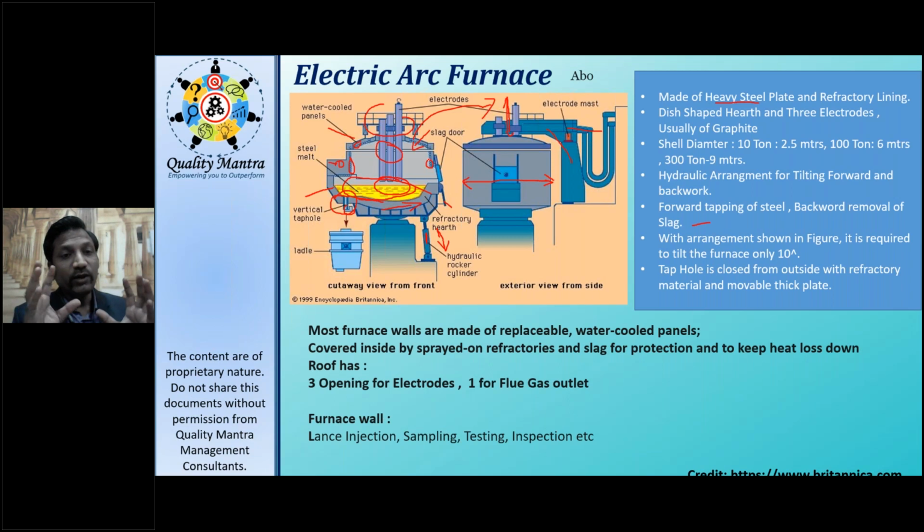रूफ में 3 ओपनिंग तो होना ही होना है फॉर द इलेक्ट्रोड्स, और एक होता है फ्लू गैस के लिए आउटपुट। अपार्ट फ्रॉम दैट, अगर आपको इसके अंदर और रिफाइनिंग करना है यहीं पे इसी स्टेज पे, तो ऑक्सीजन लॉन्च होता है इसमें, या फिर एर्गोन गैस का लॉन्च होता है फॉर स्टरिंग। सैंपलिंग निकालने के लिए एक पोर्ट रहता है, टेस्टिंग करने के लिए, एंड आपको अगर इंस्पेक्शन करना है उसके लिए, तो वेरियस होल्स वहां पे दिए रहते हैं जो वॉल्स में रहते हैं।